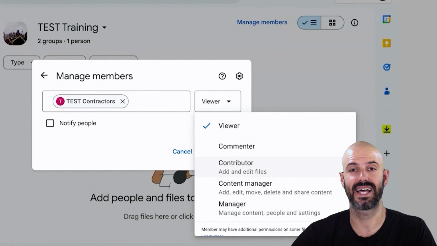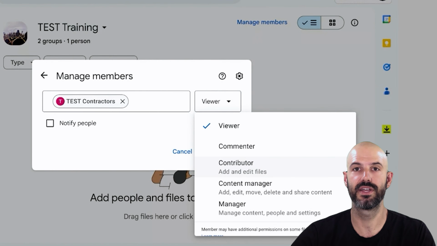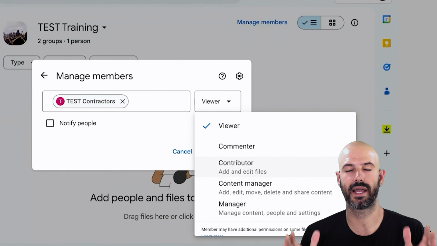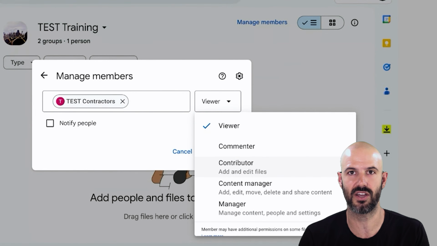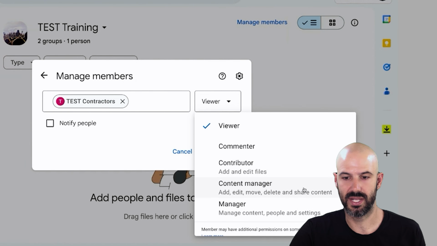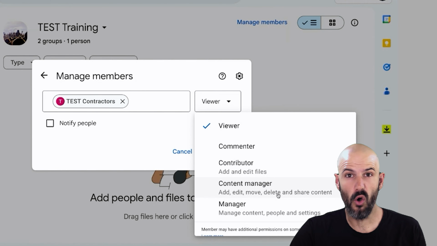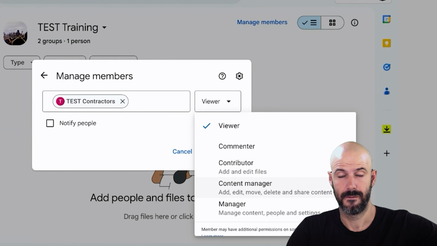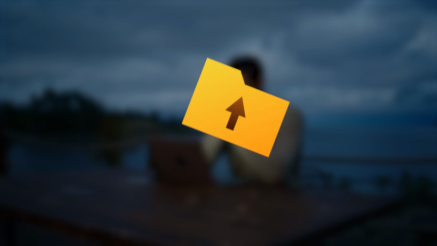What that does is give them the ability to create files and place them in the team drive, but not delete them. And this is where everybody goes wrong. I can't stress this enough. I know we've got to cover the absolute basic stuff at the start of this, guys, but this is where everybody goes wrong. They create a team drive, and then they start adding people's Gmail accounts willy-nilly, and they either leave the ability to delete content, or they just share it straight out of their My Drive. And a contractor who's using a Gmail address sets up a bunch of files,